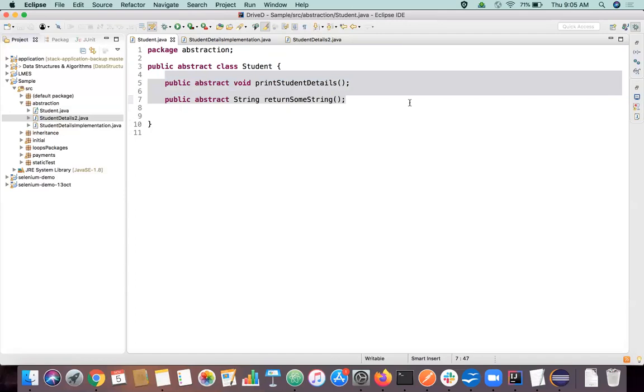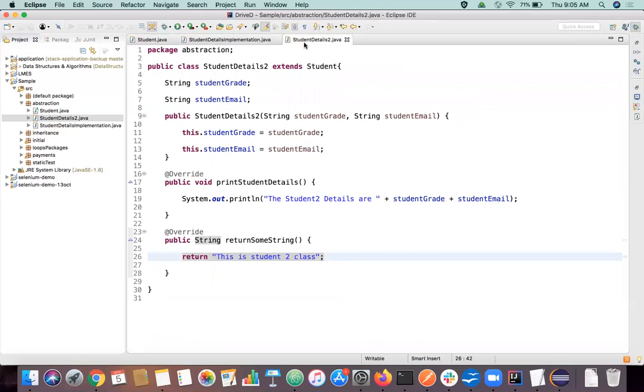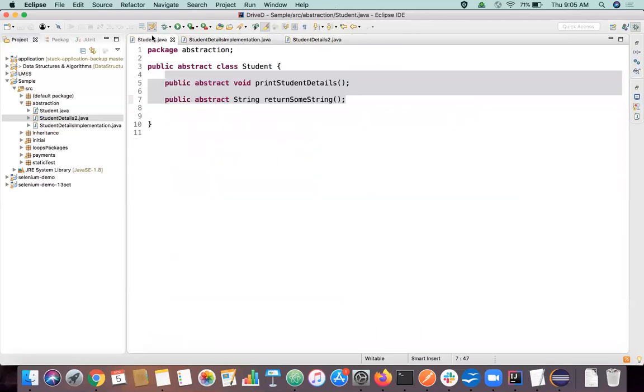We cannot create an object for this class, and we cannot have any method definition or do something over here, because once you have some method definition here, we have to override it to give a new meaning, and those kinds of confusing things will happen, right? So abstract class is used in rare scenarios. We generally use something called an interface for this purpose. We'll see that